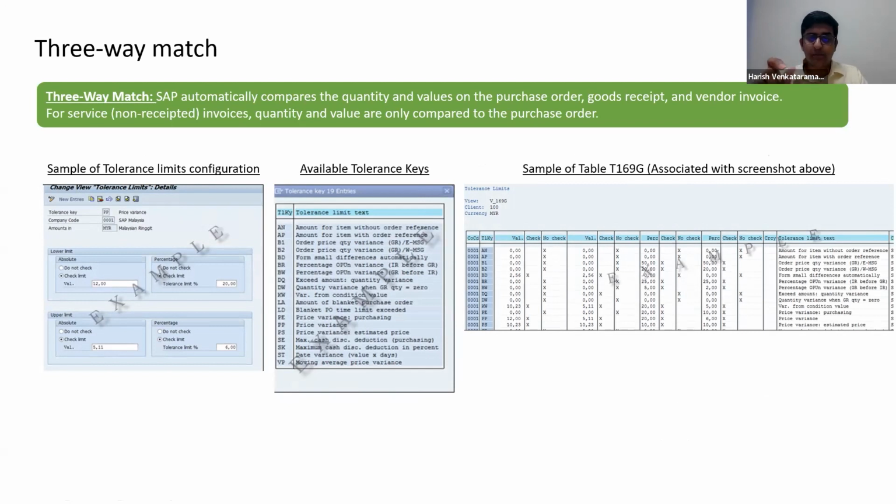Say, for example, until now a material has been valued at, say, X price, 10 rupees. Because of some erroneous purchase, my material value price increases to 1,000. Right, then that also can be configured. And all of these, like what is the maximum cash discount in percentages allowed? Right, all of these are very much possible to